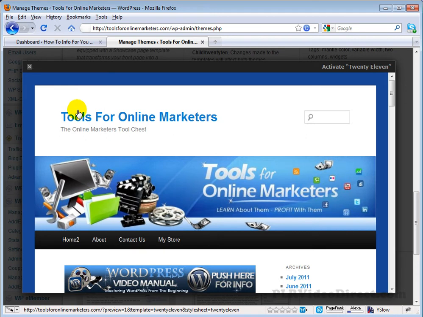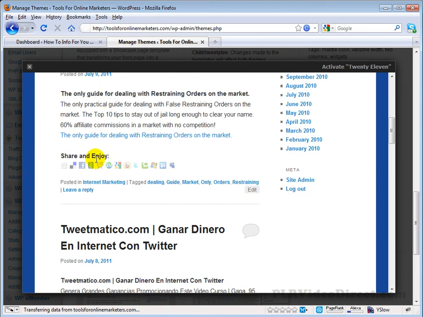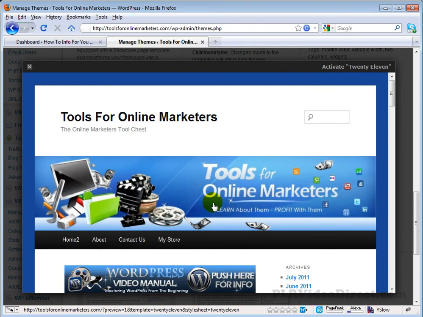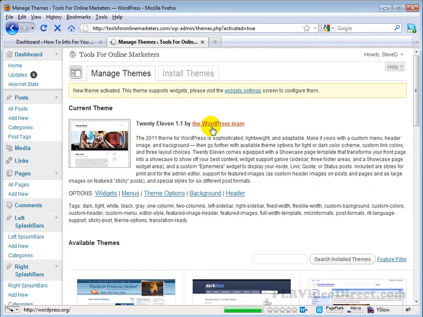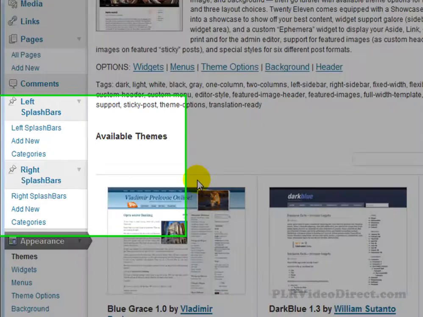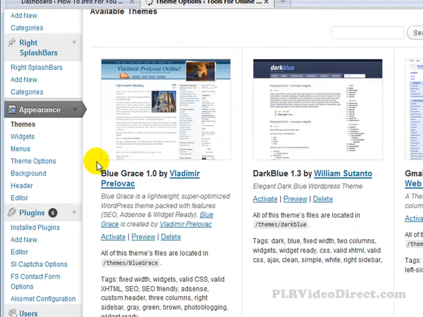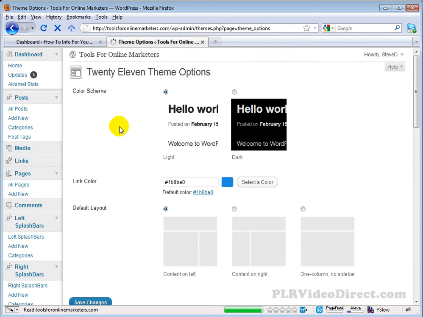I do know that the text is an option where you can toggle it on and off, but let's go ahead and open this up. Now it does seem to break my sidebar over here, so I'll deal with that. Let's activate this, because whenever you activate the 2011 theme, you'll have more options over here under the appearance subpanel, like theme options. You can now toggle from the normal white background black text to black background white text, and